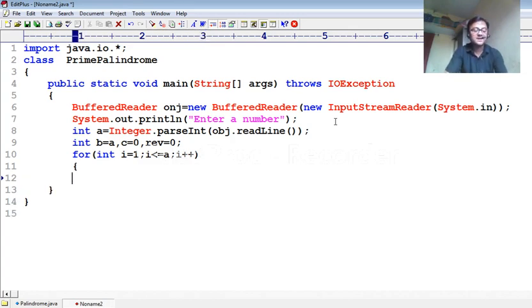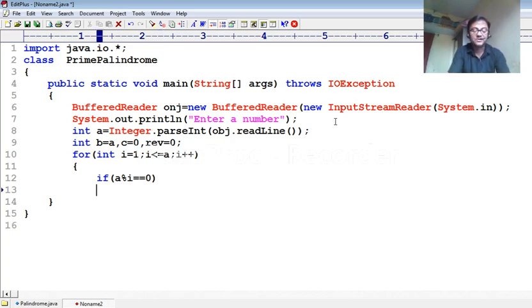Then open a curly bracket and write the testing code: if a mod i equal 0. So if I divide a by i, then definitely it will return remainder 0, because I'm using the mod symbol, and you know mod returns the remainder. So if the remainder is 0, then definitely the value of i at that time is a factor of a.